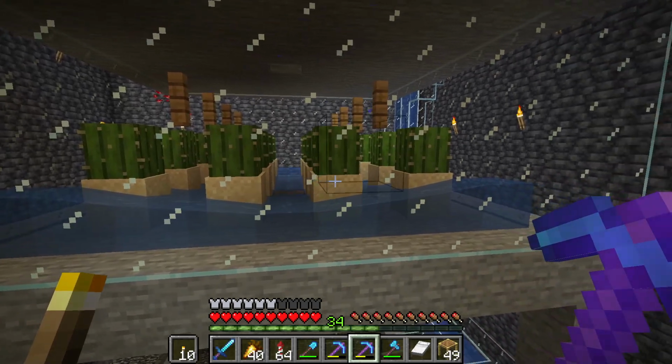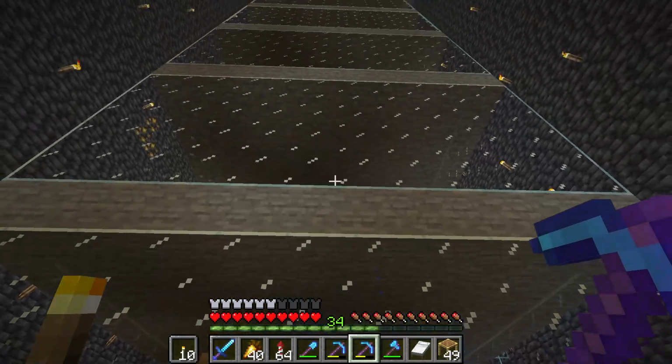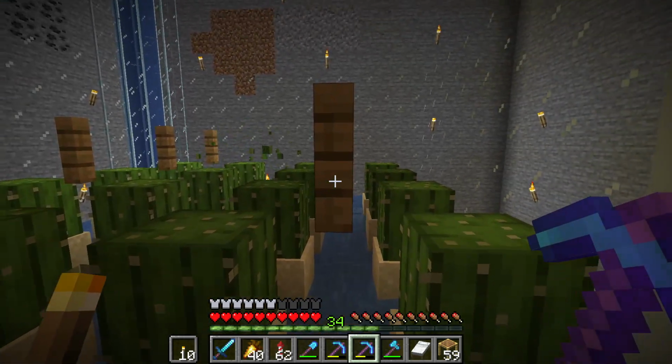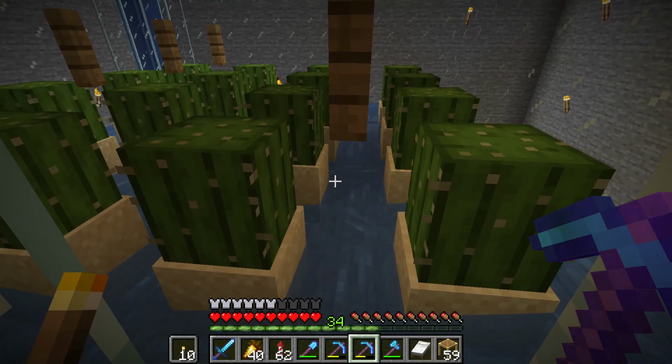This cactus farm that I built is gigantic. It goes all the way from bedrock up to the surface. This cactus farm is so simple. The cactus grows, as you can see over there, touches the fence post, breaks, goes into the water stream, and